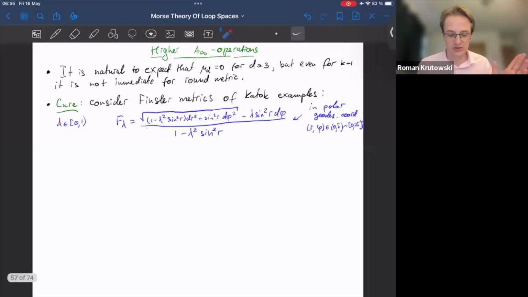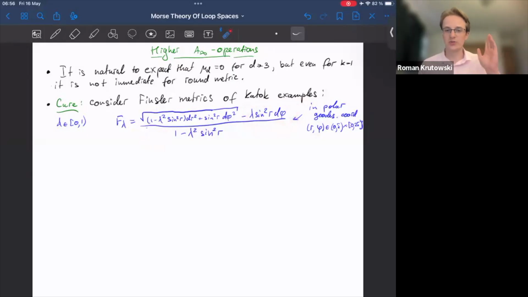And the cure is to consider Finsler metrics instead. So people study Finsler metrics for completely different reasons. They're interesting from a dynamical perspective, but for us, they do the job in showing that this computation can be simplified. So consider Finsler metrics on the sphere from Katok examples. In polar geodesic coordinates, they can be given via this formula, and what's important is this kind of